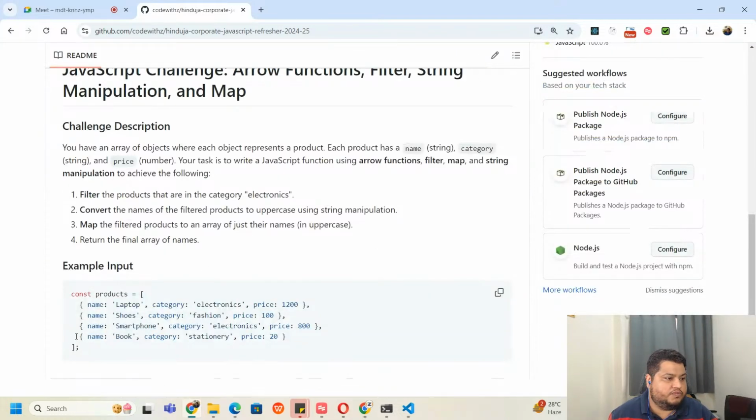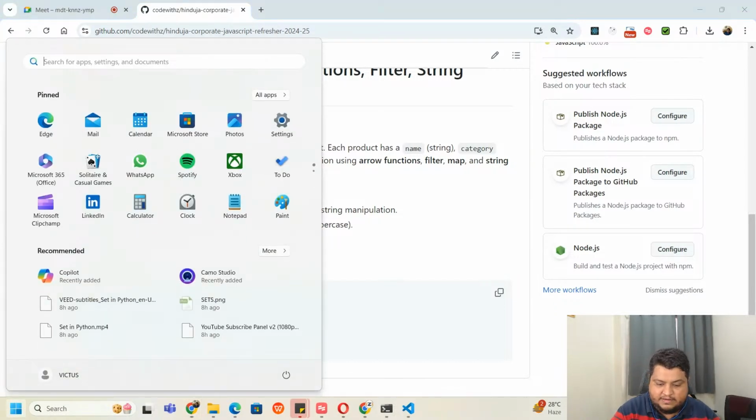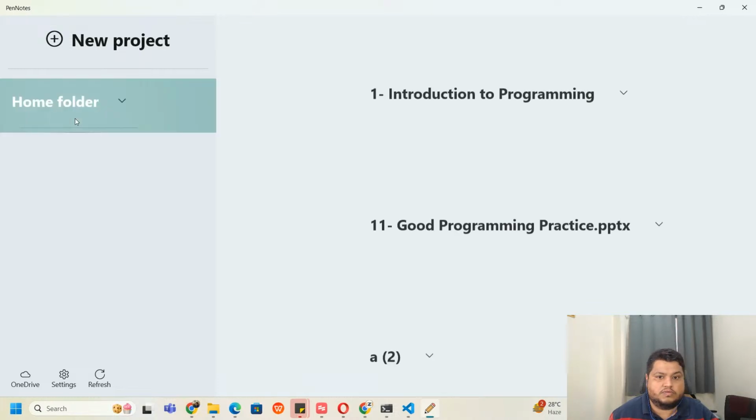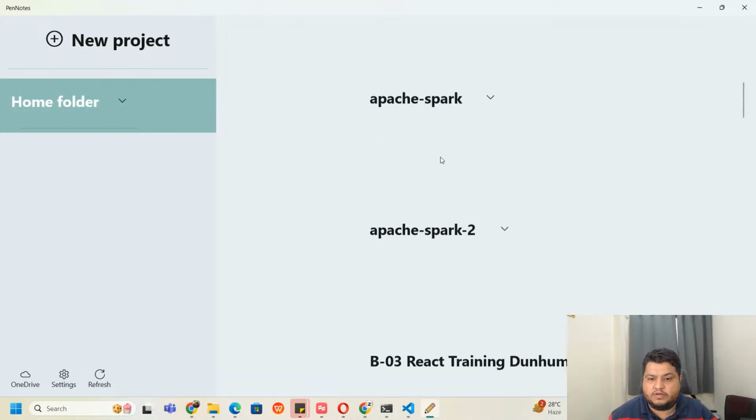We just wanted to work around this particular solution, where we had products and we wanted to do the filter, convert, map, and return the final names of the arrays. Okay, so that being said,